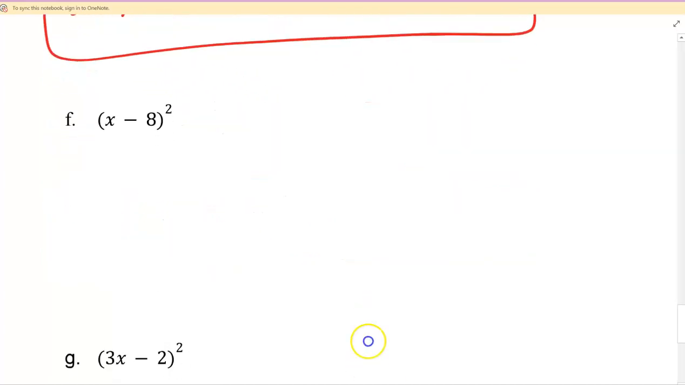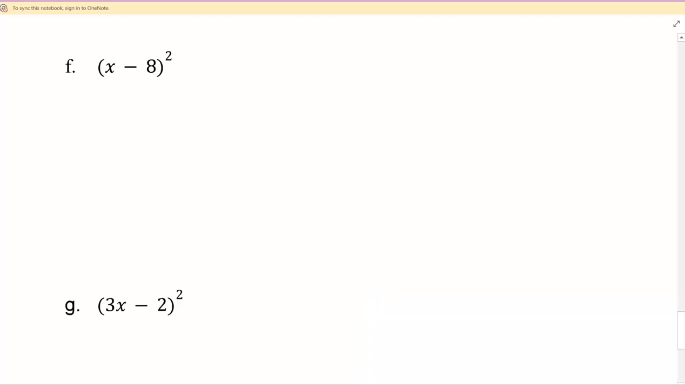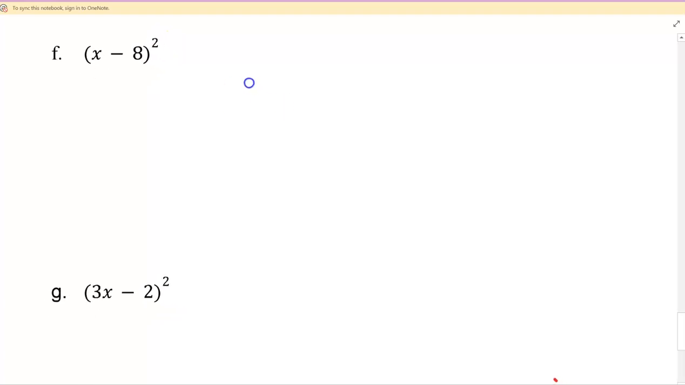Okay, last two. So this right here is one that everybody makes a mistake on, and here's what they do. They think they're going to distribute the square and do x squared minus 8 squared. That is not what we need to do. So what we do, squared really means times itself. So we're going to do x minus